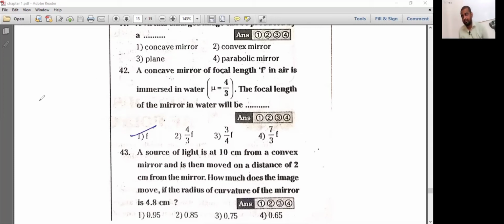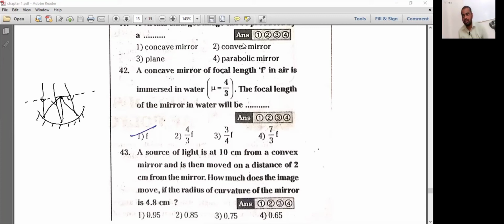See, look at here. Now, I place a concave mirror like this. Now, all the rays will be parallel. Let us say all the parallel rays are falling on the concave mirror. Definitely, they will converge on the focus, right? So this is the focal length.